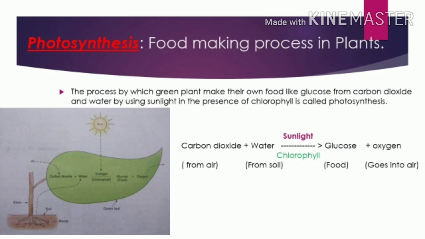So with the help of solar energy, carbon dioxide and water, the plant makes the food which is known as glucose. Glucose is a form of carbohydrate, and in this process oxygen is released in the air. By this process, a simple carbohydrate called glucose is formed. The glucose is then converted into a complex carbohydrate called starch, and this starch is stored as food in various parts